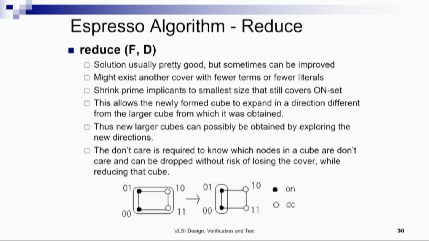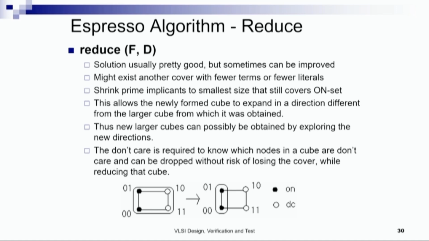Okay. We shrink prime implicants to the smallest size that still covers the onset. So these prime implicants will not remain prime anymore, because we are shrinking them. However, while shrinking, we keep in consideration that we will not uncover anybody in the onset. We will still keep a cover of everybody in the onset. We can reduce the primes, but while reducing the primes, suppose